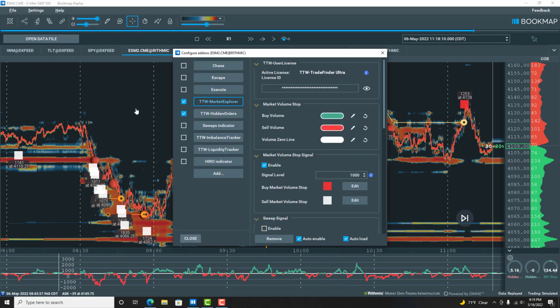So I'm going to pull up there. TTW TradeFinder is kind of a suite of tools. You've got the Market Explorer, the hidden orders, which are stops and icebergs, and then actually, this is just icebergs, straight up icebergs. And then you've got imbalance tracker, the liquidity tracker. I'm not going to get into a lot of this. There's a lot of different odds and ends that you can use, but I'm just going to go over my two favorite